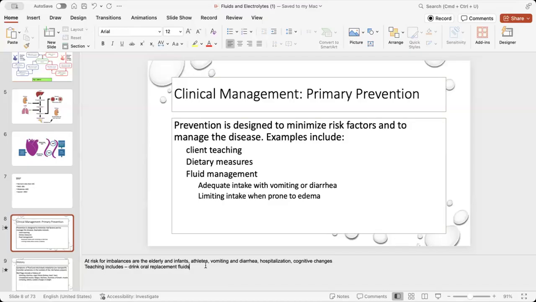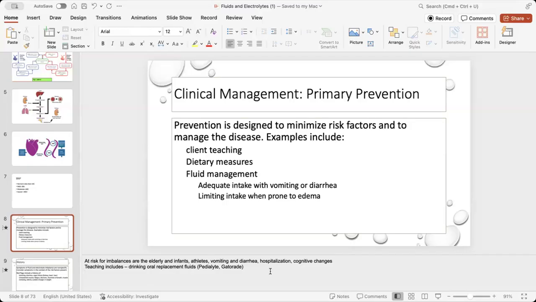Okay. We'll talk a lot about that when we get to the electrolytes. Did you learn a lot about different types of food, what you should eat, what you should not eat? Sodium, calcium, potassium. Could that help, especially with your sodium, with your fluid and electrolyte imbalances? And then fluid management. If there's any risk of sweating, you're outside working, you're outside exercising, okay? Fluids. Fevers, you need fluids. Diarrhea, you need fluids. Vomiting.